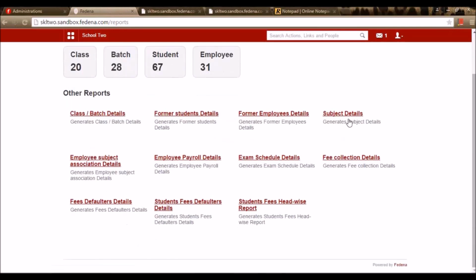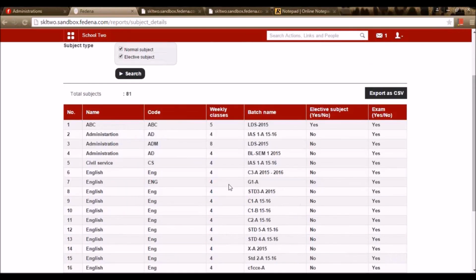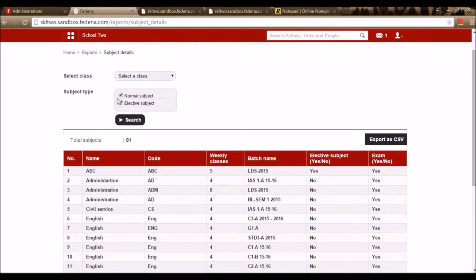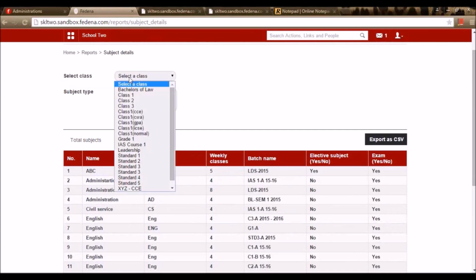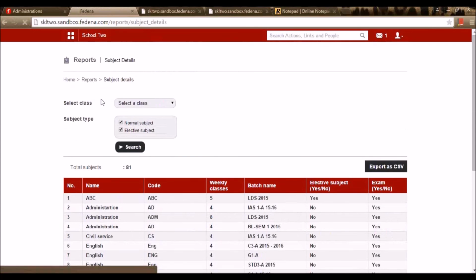I can go for subject detail. Say I can see the number of subjects that are available in every batch, and whether it is elective or not. Does this subject have an exam or not? I can even filter it based on the subject type. Say it can be a normal subject that I want to view for a particular class. I can select the class, I can select the subject type, and I can give a search.